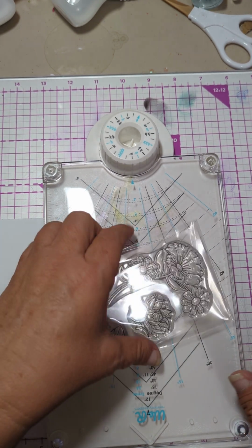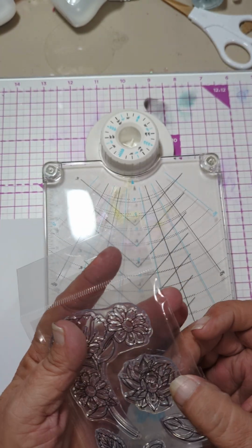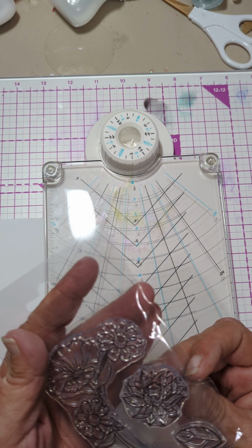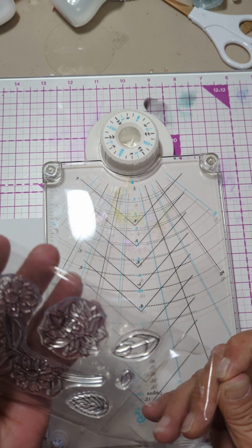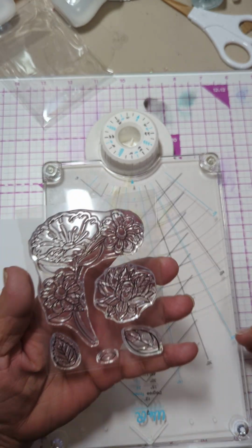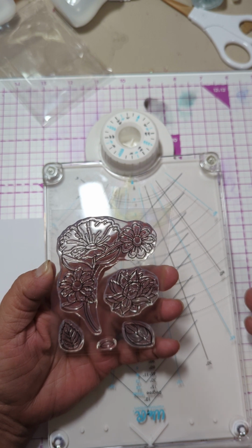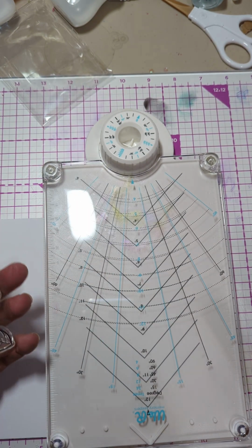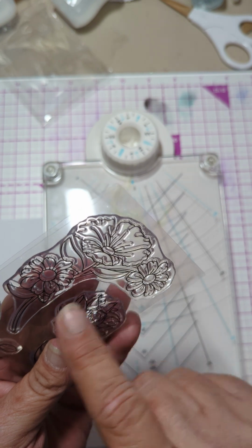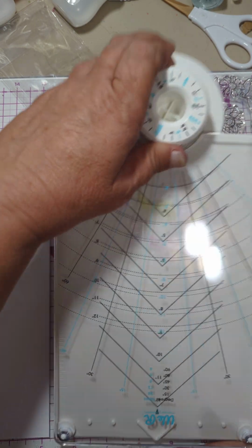I keep trying things. But anyways, I found this stamp set, and obviously it is a small stamp set. I don't know where it came from. It could be that it came from a Tonic kit. It could be a Crafter's Companion, but to me it doesn't feel like a Crafter's Companion. So I don't know. But anyways, I thought this is going to be perfect because see, it's got a natural curve going here. And I thought, oh, that'd be perfect. And so I have